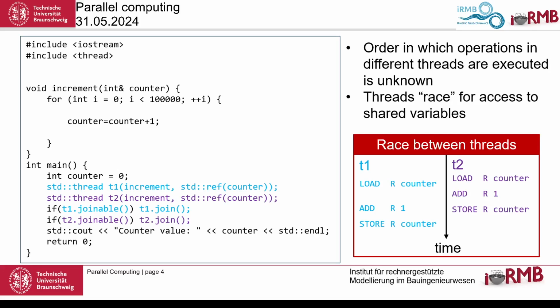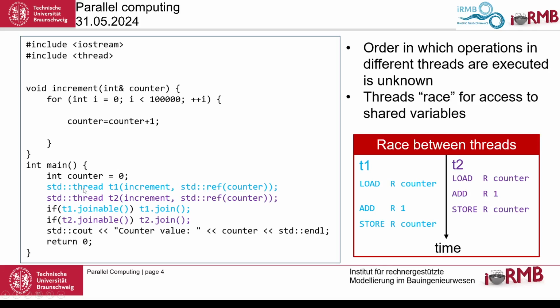So, this is just a stupid example. It's a counter, this is passed by reference, and this counter is incremented, I think, 100,000 times. Okay, so this is the function, and now we can call the same function several times if we want to do things in parallel. Then down here we have an int counter, so this is an external thing,